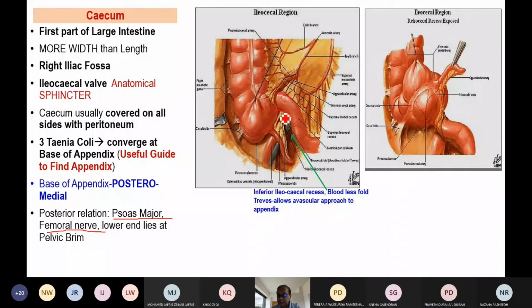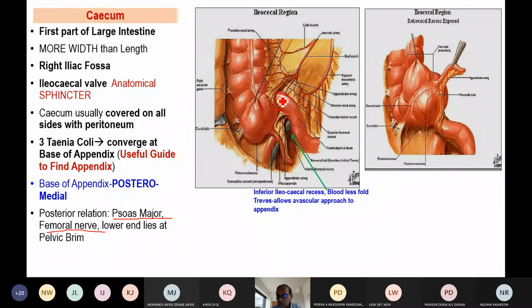So the ileocecal sphincter, an anatomical sphincter, is very unique. It allows food to go from ileum to the cecum, but never allows any regurgitation of the food from the cecum to the ileum. Why? Because the ileum is small intestine. Small intestine has no bacteria. It is sterile, but the large intestine is full of coliform bacteria. So if I allow fluid or gas or anything to move from cecum to ileum, then naturally it will produce infection. So the ileocecal sphincter only allows flow from ileum to cecum, not in a reverse way.